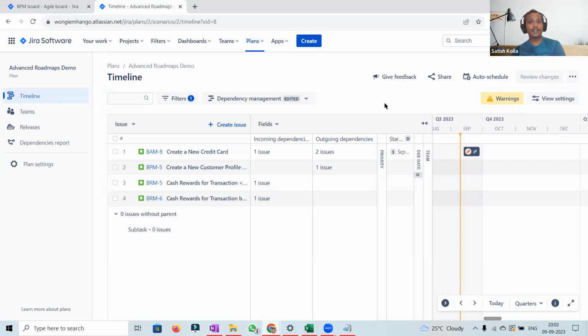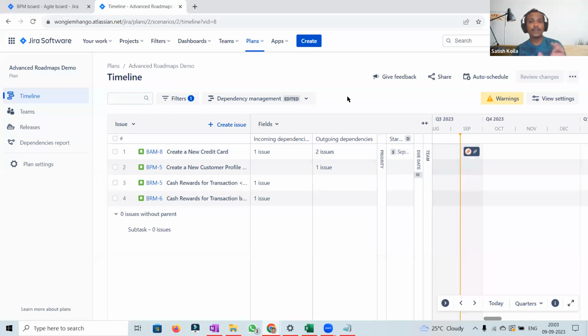So this gives a direct picture from the overall view, not just about one single project or one single team, right? Let's suppose I'm a program manager, I'm an RTE. So I don't want to go and take a look at each and every team, each and every board, each and every issue, how many issues have how many dependencies. Instead, with just one single view, out of 80 issues, now I got to know that these 4 issues have